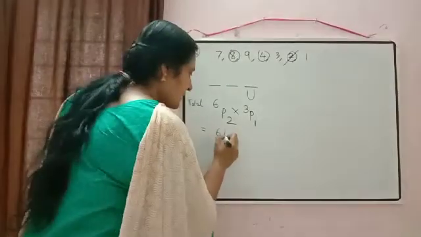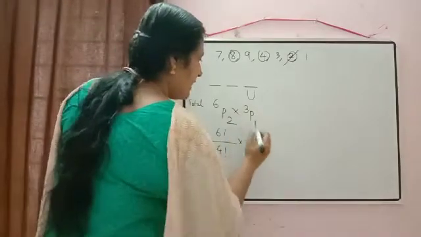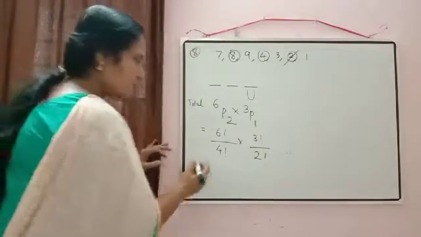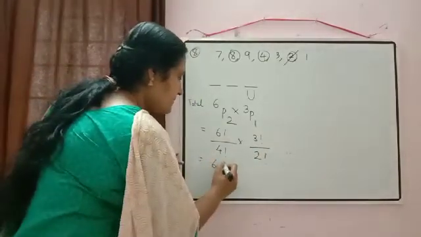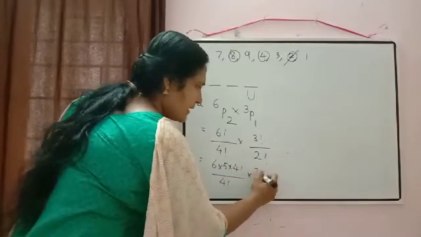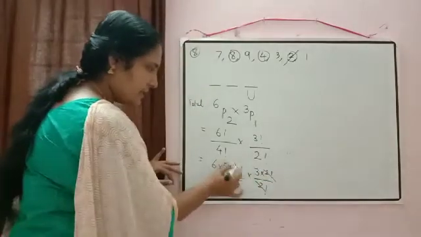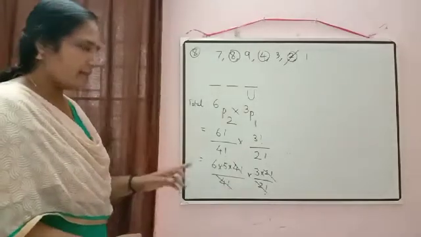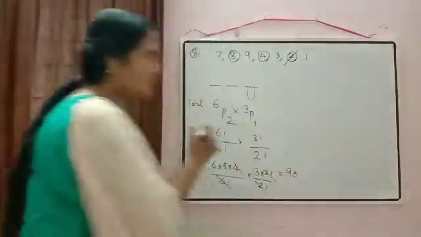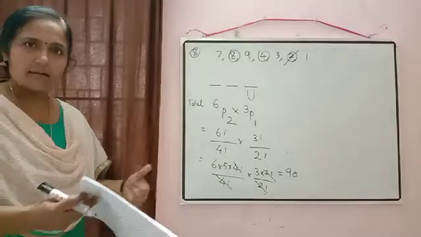6p2, what will come? 6 factorial by 6 minus 2, 4 factorial, into here 3 factorial by 3 minus 1, 2 factorial. Now just to simplify it, 6 factorial can be written as 6 into 5 into 4 factorial. 3 factorial can be written as 3 into 2 factorial. 2 factorial, 2 factorial cancelled. Here 4 factorial cancelled. 6 5s are 30 and 30 into 3 is 90. So total 90 numbers will be there in this case. Okay, clear this one? Okay.